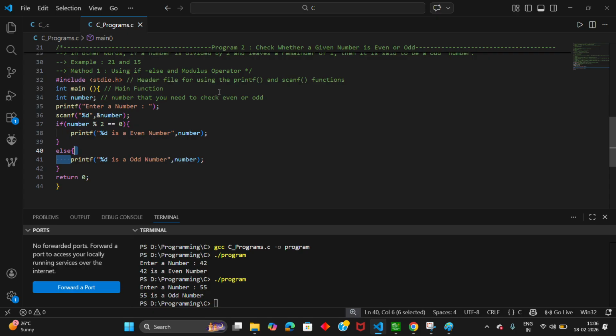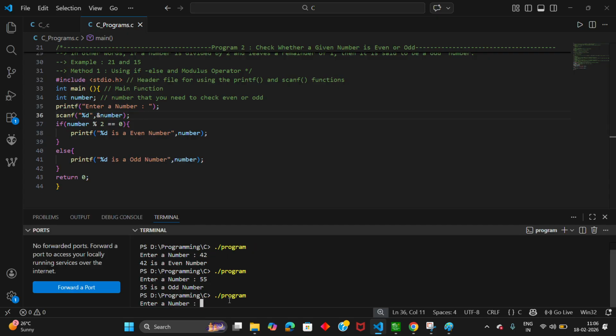So you need to be very careful while writing this scanf function. You must specify the ampersand symbol. Why do we specify the ampersand symbol? Ampersand followed by the variable number will be treated as the memory location of that particular variable. It means when we use the scanf function and enter a number, for example 2, then this 2 will be stored in the memory location of that